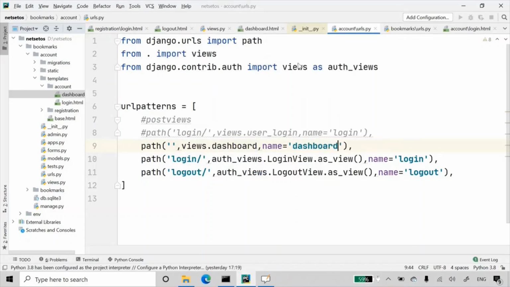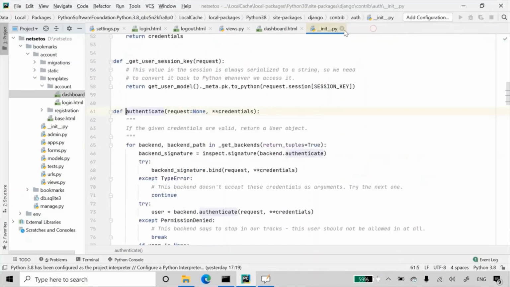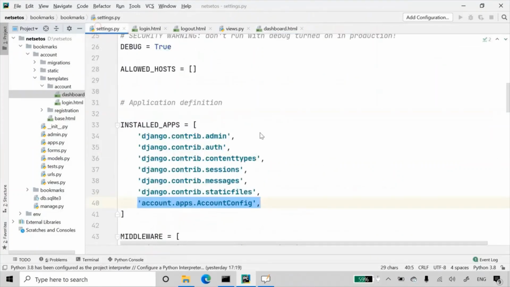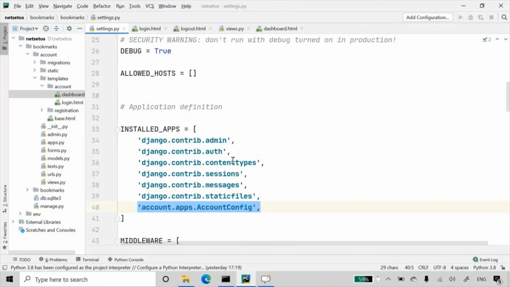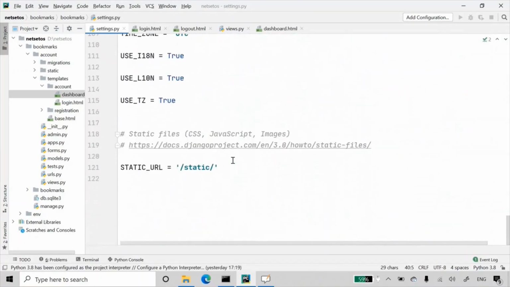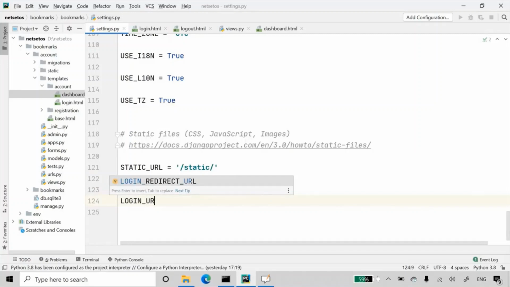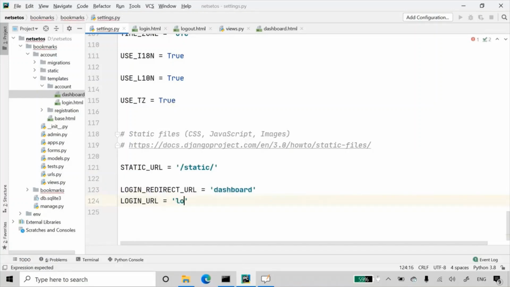Now I'll go to settings. Let's close the rest of the files over here, and here we have settings.py. Here I'll go down to the last, and here I'll define LOGIN_REDIRECT_URL, which will be our dashboard. Then we will have LOGIN_URL, which will be login, and for LOGOUT_URL